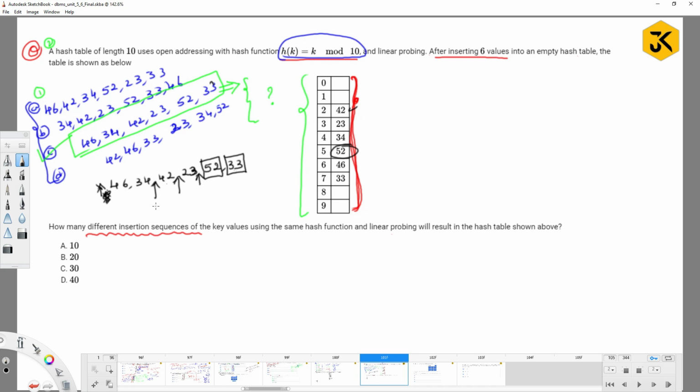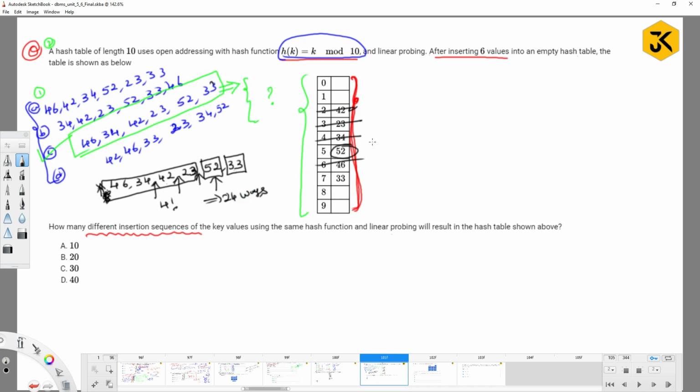If I take after 42 also, again there will be a problem because the 23 place is going to fill with 52. So I should not change this particular position also, right? So now take out these 4 values. Can I change these orders? 2 followed by 42, 323, 434, 646, right? If I change the orders, is there any problem? No. So in how many ways can I change these orders? 4 factorial ways. So total 24 ways I can get